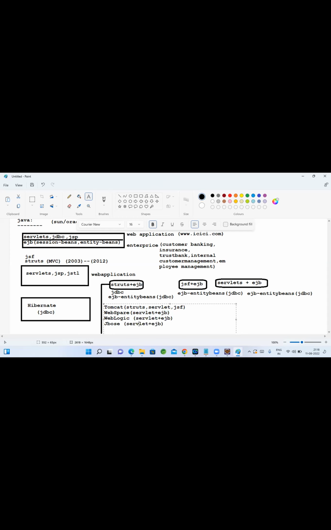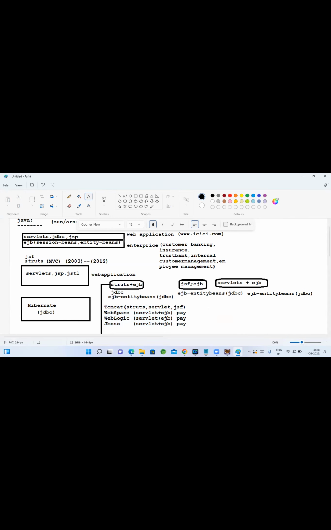But as application servers are costly, we need to pay for them. As far as I know, Tomcat is open source, but not the remaining. JBoss is also open source, but if you really want to use them and want support from the server vendors, you need to pay. If you want to use this component, you need to pay.